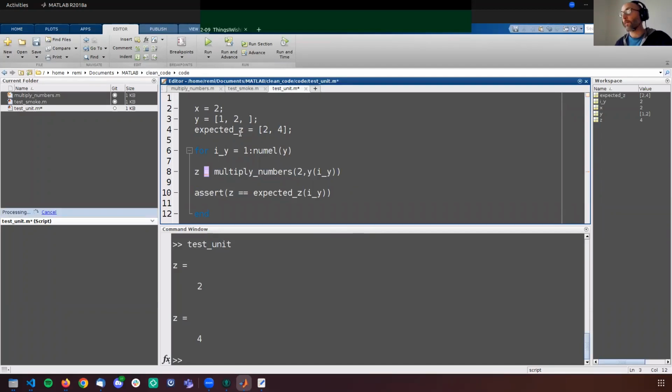If we want to check some other values, we can just do something like this and add and test a whole bunch of values like this. And for example, we could also say, hey, actually, if this is 0, we could make sure that the value here is going to be 0, right?